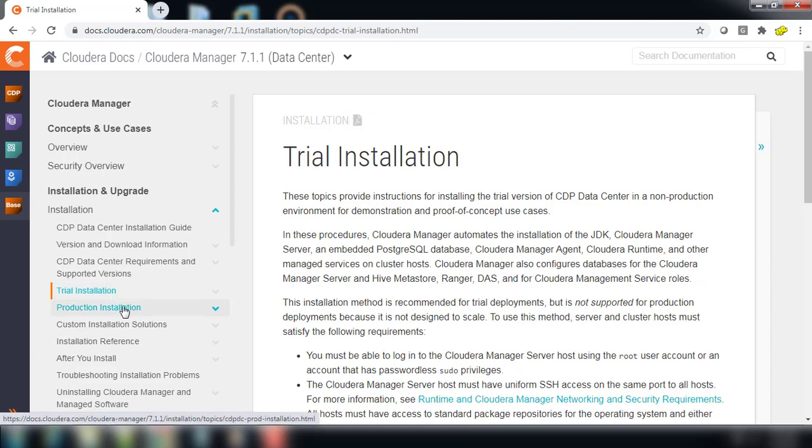Coming to the production installation, one problem is you need direct internet connectivity with the repository. You still have the option to configure a local repository, but by default it will look at the internet-based repository.